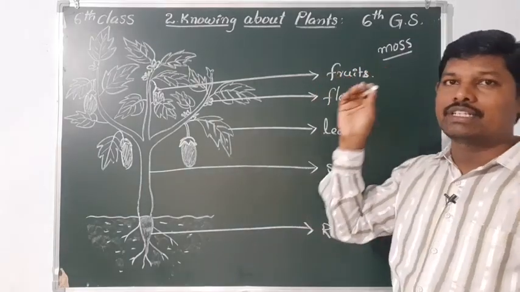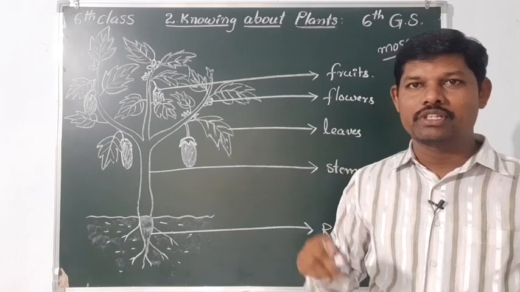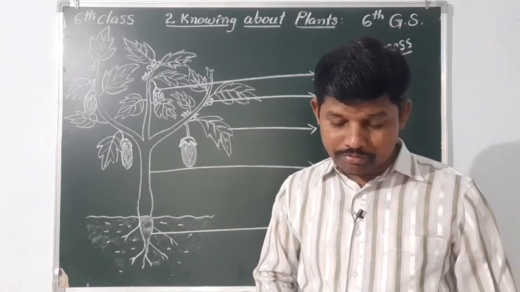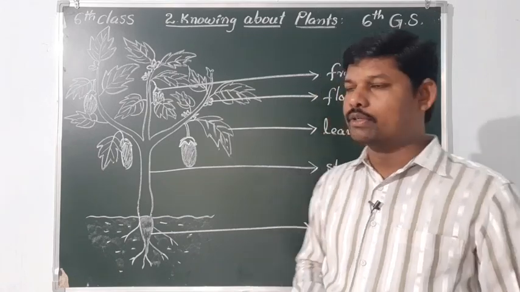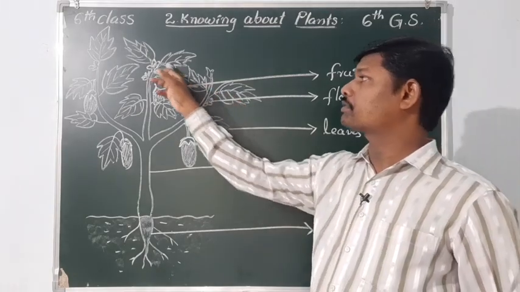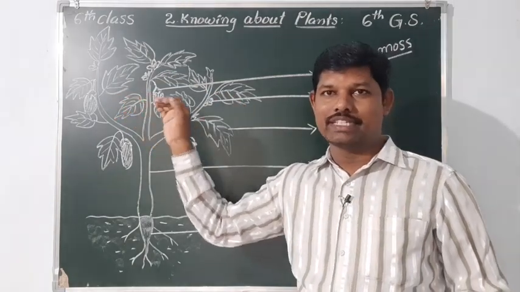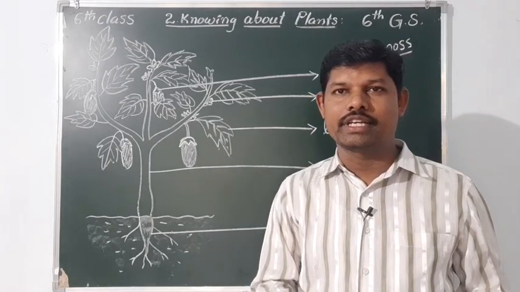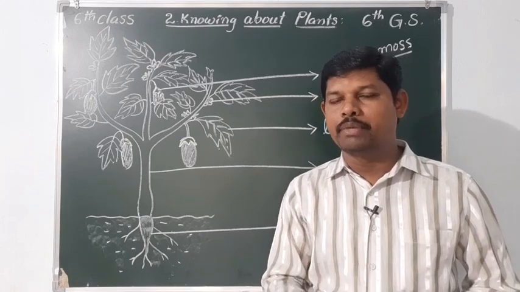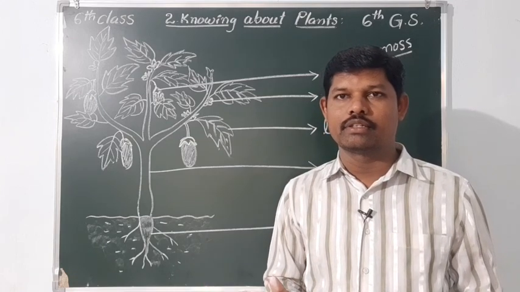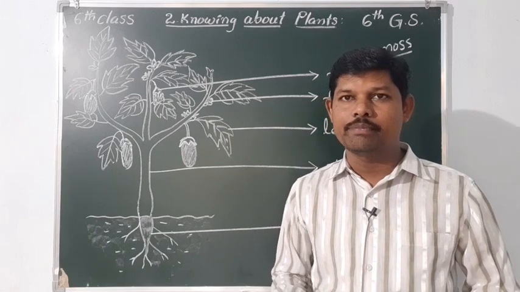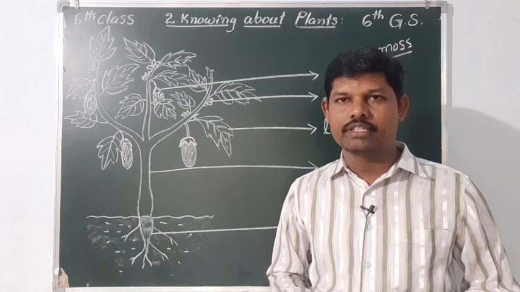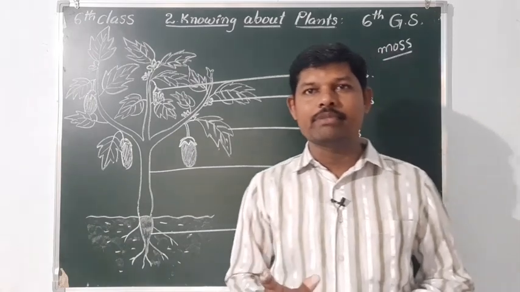Why do these moss plants not have roots? You will know more about it in the higher classes. And next question is, are the leaves of all the plants similar in size? Do you observe the size of these leaves? Different plants have different sizes of leaves. That means all the plants do not have the same size of leaves. For example, banana leaves are very big. Maple tree, very big leaves. But if you see tulsi plant, the leaves are very small.